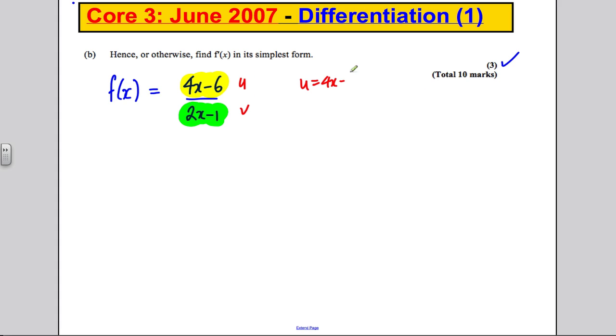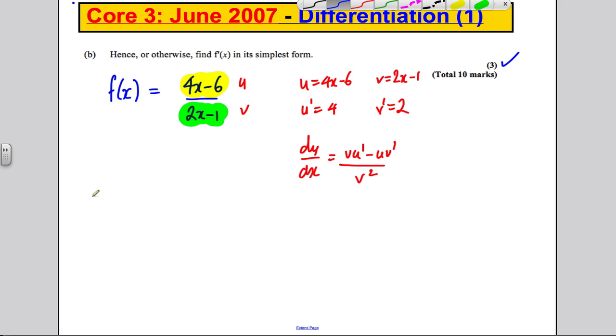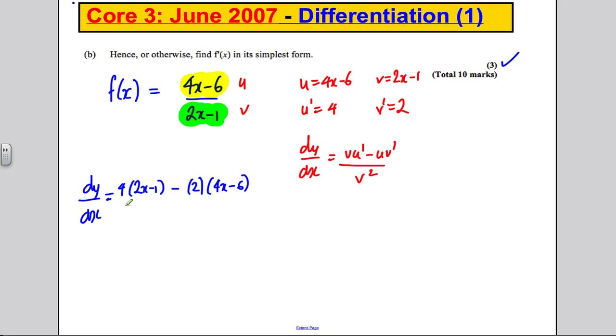U is 4x subtract 6, u dash is 4, v is 2x subtract 1, v dash must be 2. dy by dx is therefore vu dash minus uv dash over v squared. And now all we've got to do is substitute in dy by dx, vu dash, so 2x minus 1 times 4, I'm going to put the 4 out the front, subtract uv dash, so I'm going to bring the 2 out the front for the v dash, and 4x subtract 6, all over v squared,